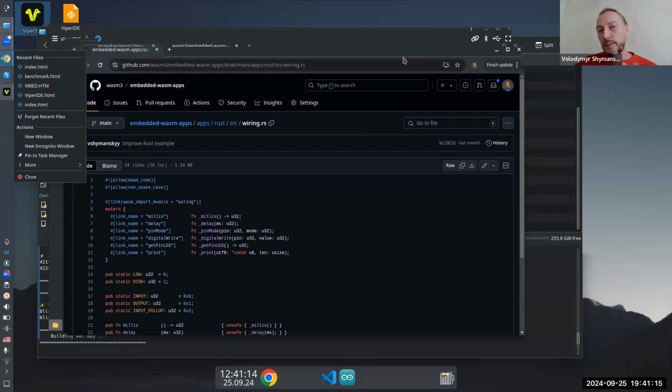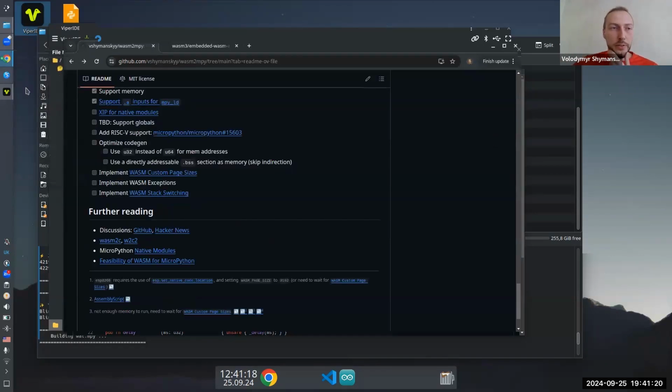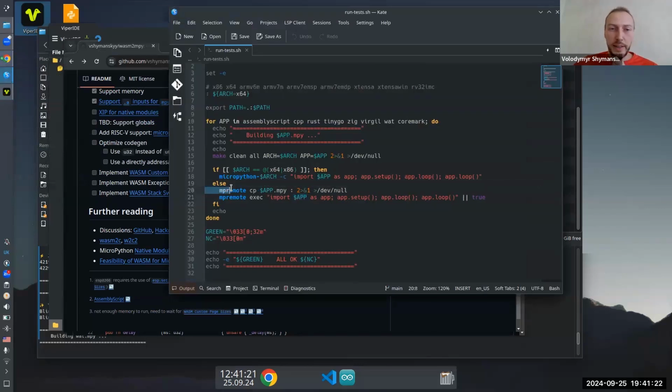Okay, but I assume there is something happening in the background in that script. Maybe this one is actually resetting the MicroPython state. I'm not sure, because I could load multiple apps. That's not actually what I'm testing here.